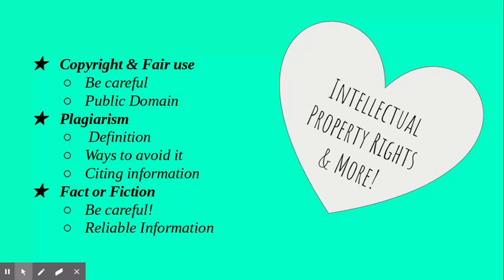Fact or fiction. This is very important, boys and girls. Not all information online is trustworthy, and you are responsible to find reliable information. Our computers have excellent research materials for you to take advantage of. For example, on our devices, we have the opportunity to use the World Almanac for Kids, where you will find a ton of information. You can also find other information on Google Scholar and Cool Kid Facts. Those are great, so be sure to check them out. You want to avoid sites like Wikipedia. Although many people believe it can be reliable, it can actually be edited by anyone at any time. Therefore, sometimes the information is incorrect, so be careful.